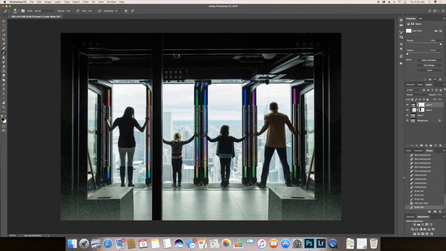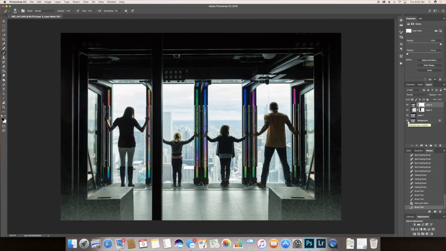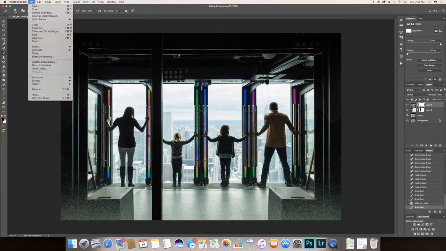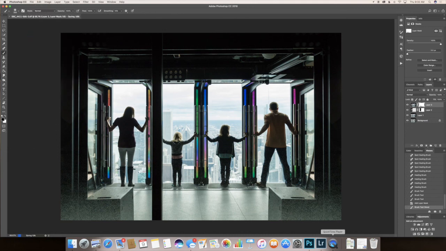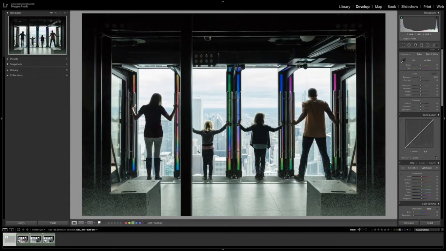Okay, so again, hit my Alt key, hit the background layer. I'm just turning it on and off, to see if there's any noticeable areas that we need to fix up. And I think we're looking pretty good here. I think it makes a huge difference. Okay, so I'm just gonna go File, Save. It's gonna pop it right back into Lightroom for me in a second here. And then I have